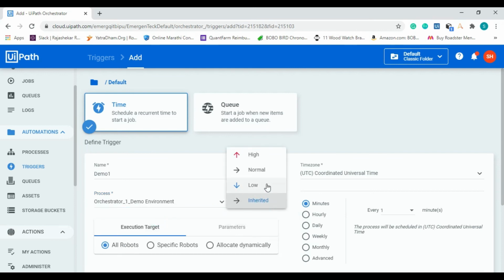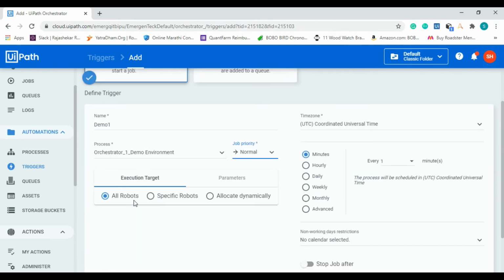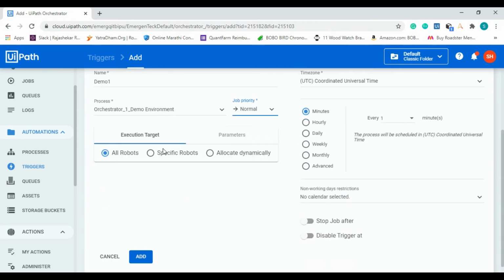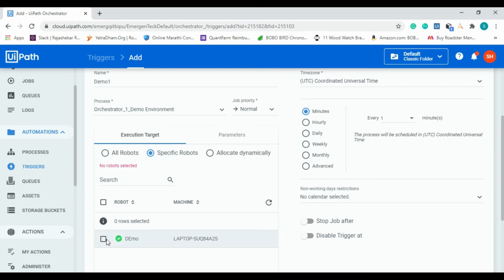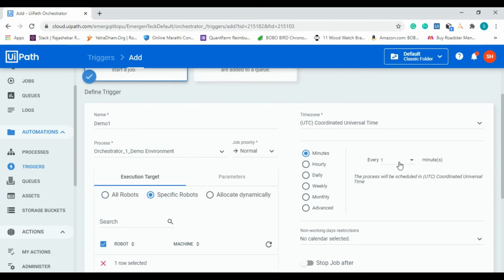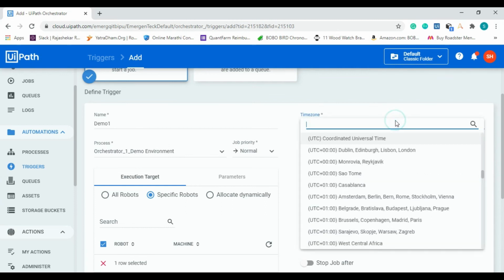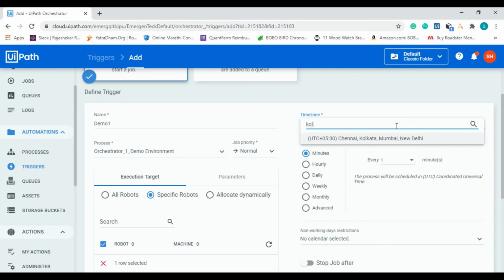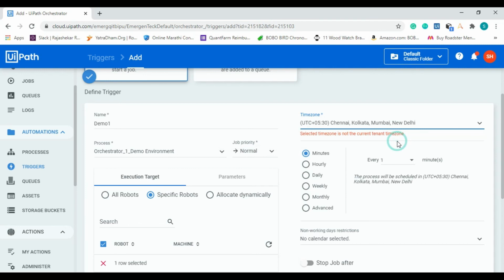Job priority you can set as normal, and if you see here it is showing us all robots, specific robots, and allocate dynamically. So click on the specific robot and then click on your demo, and at the right side you can see the time zone. As per your country we can set a time zone. So now I'm setting Kolkata, Mumbai.